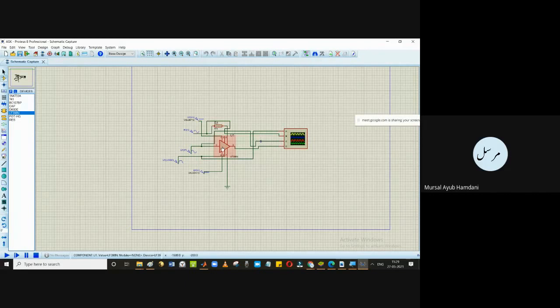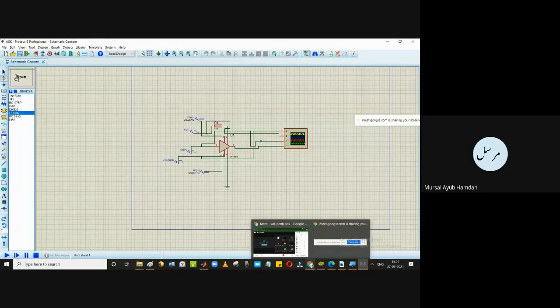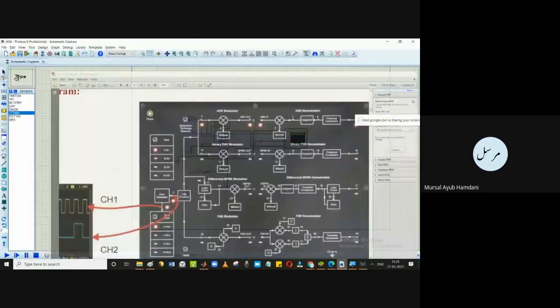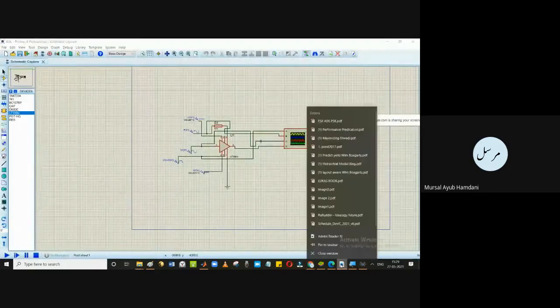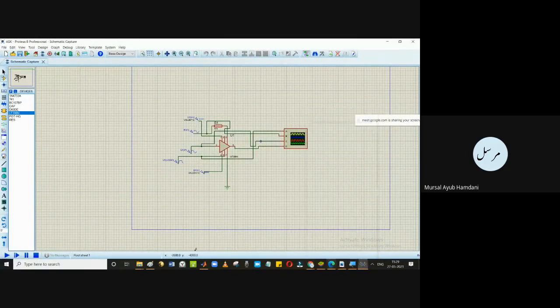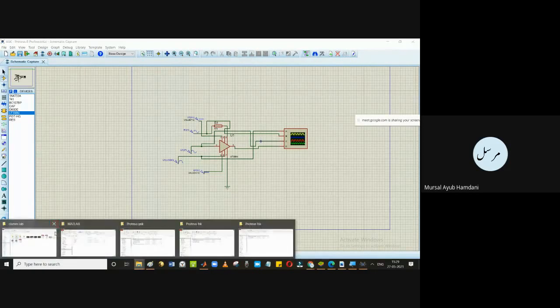You can purchase it, you can see how much, what is this value? LF398A, LF398. Maybe I have downloaded it. No. Wait a minute.